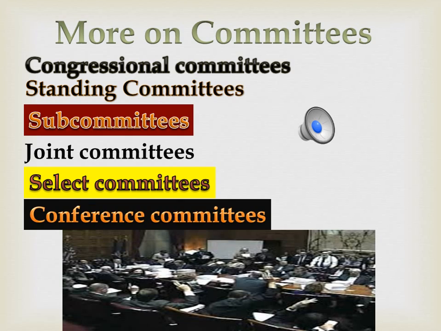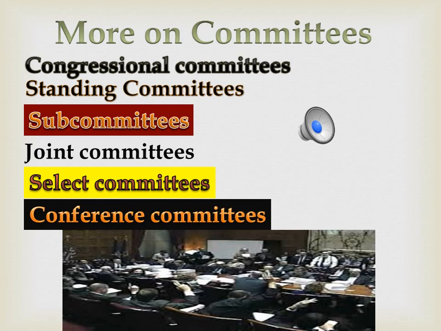So let's begin with, I'm going to skip congressional committee right now and skip to the standing committees. Standing committees tend to be permanent committees, and they review certain topics. So each committee is themed. For instance, there's the Ways and Means Committee. It's the oldest committee. It's from 1789 is its birth time, and it deals with tax writing. So it helps to raise revenue for our government, keeps our government going. Okay, so that's one example of a standing committee.